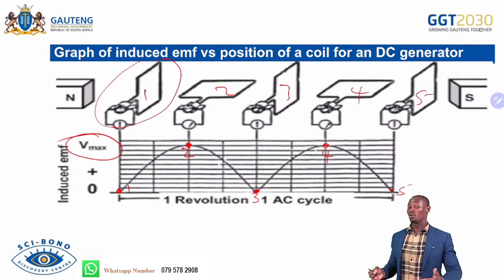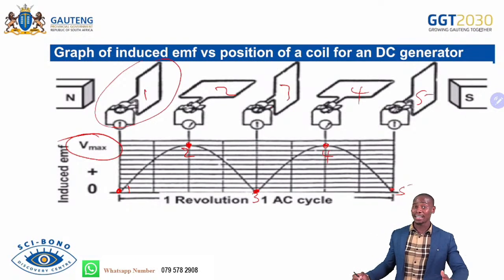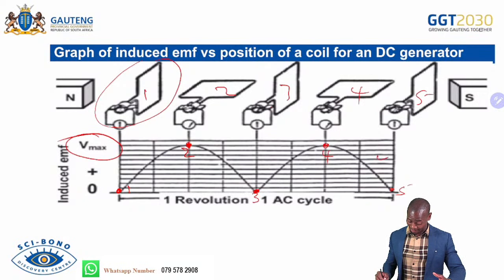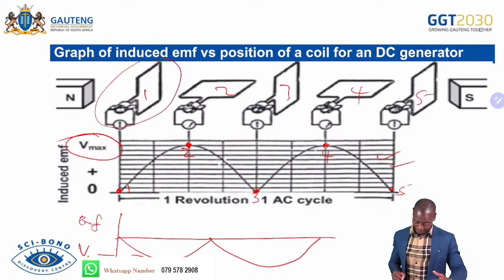So this is 1, 2, 3, 4, then 5. The difference between your AC and your DC generator: in AC, there are slip rings to ensure that the current changes direction after each half turn. Then when it comes to a DC generator, current flows in one direction. Current flows in one direction because of that split ring commutator. This can be like this, or a corresponding graph, same thing. There you still have your induced EMF,